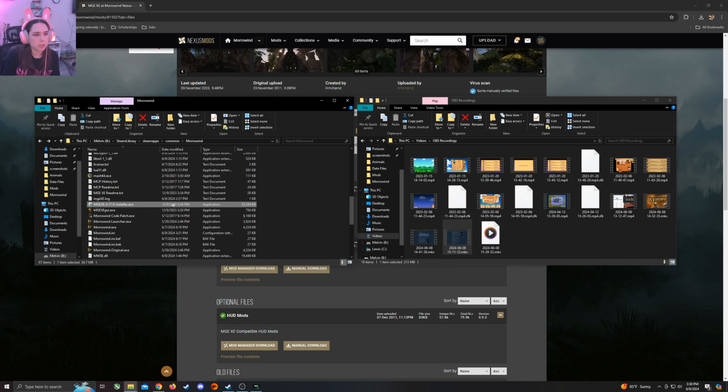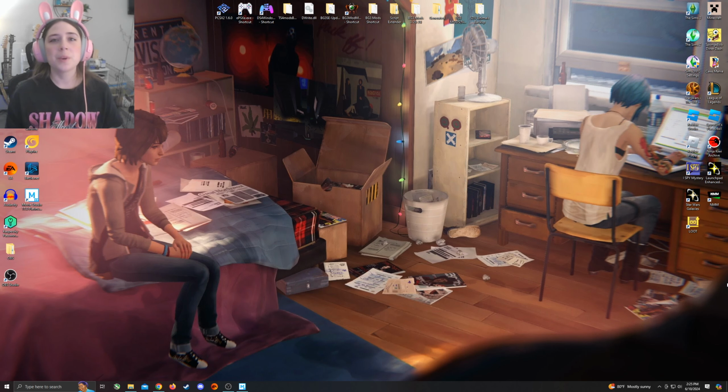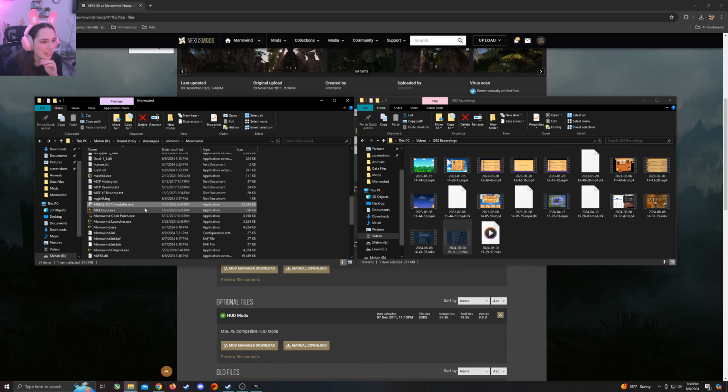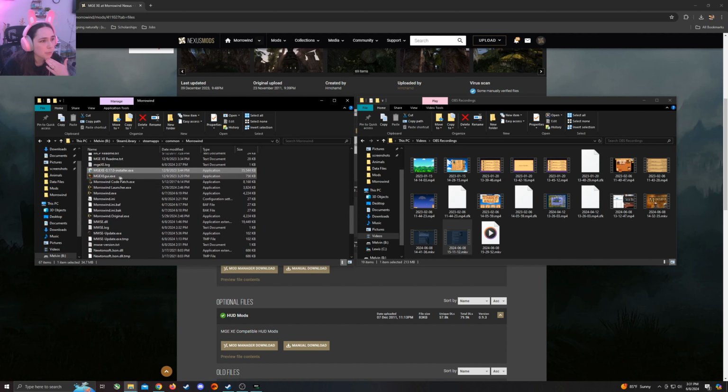It will give you the option to update script extender, I believe. Click that off, make sure that box is unchecked because we already downloaded Script Extender. We don't need it. When installing, it's going to ask where you want to send the files to, and just make sure to send them into the directory. And then it should put a bunch of files into here for you. And you should, among them, find